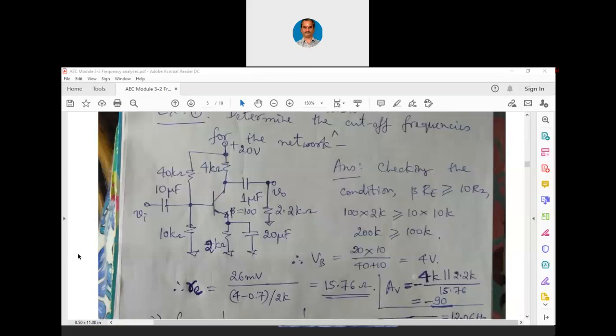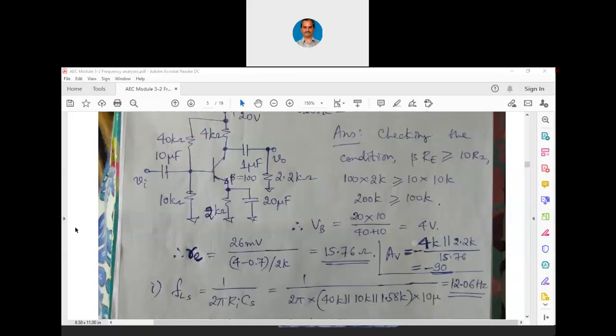Now, we can find out the voltage gain directly for the circuit, which is minus of RC parallel with R0 divided by small re. We already know this, right? See, we already have this voltage gain where we have RC parallel with the load resistance here. So, as far as voltage gain is concerned, these two are in parallel. So, RC parallel with R0. R0 is not given here, but RL is given. Divided by small re, we get the voltage gain around minus 90.